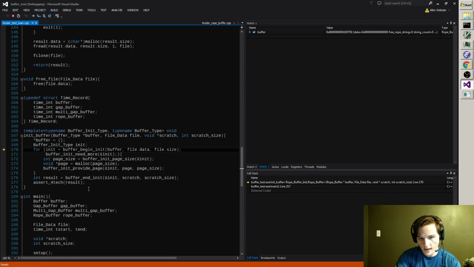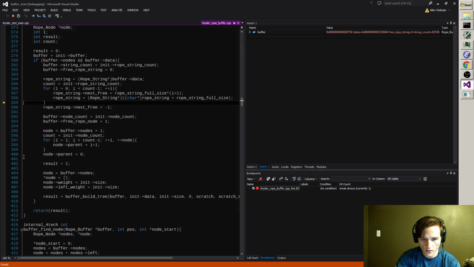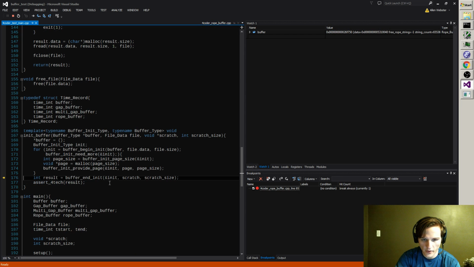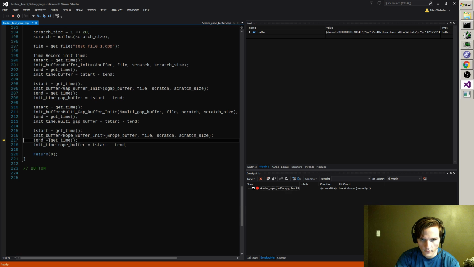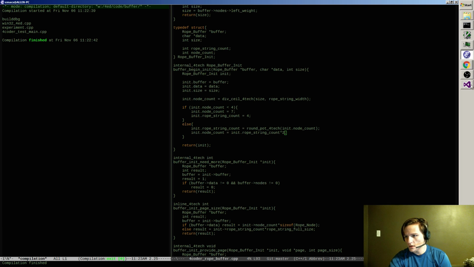Now it requests that with a 2. When it gets rounded up, it'll have more. Let's go into the endinit function. How many nodes does it end up with? Ends up with 1 more than before. See if we get here. Result is a 1 now. Yep, we were off by 1 node. We needed 1 more node than we got. Alright, so bug caught, and now we're done running it in the debugger.